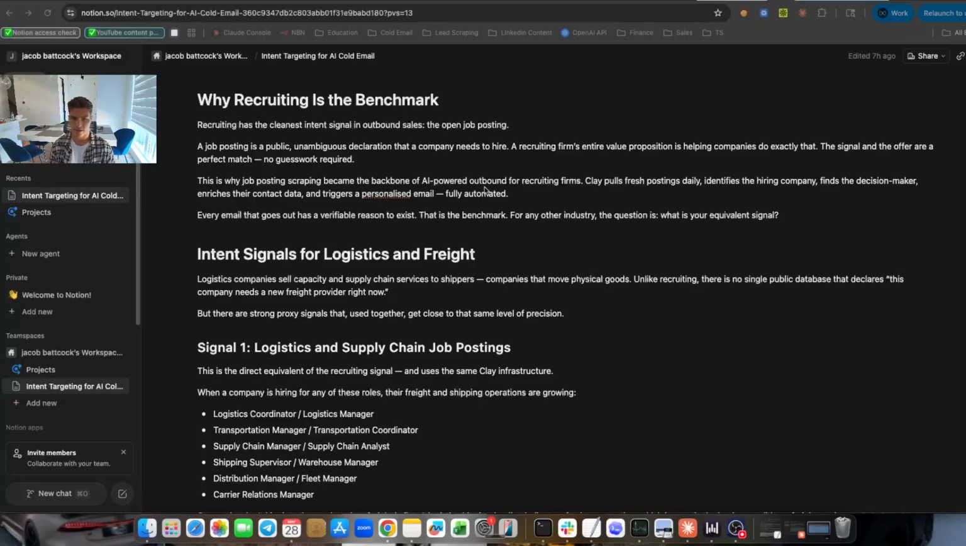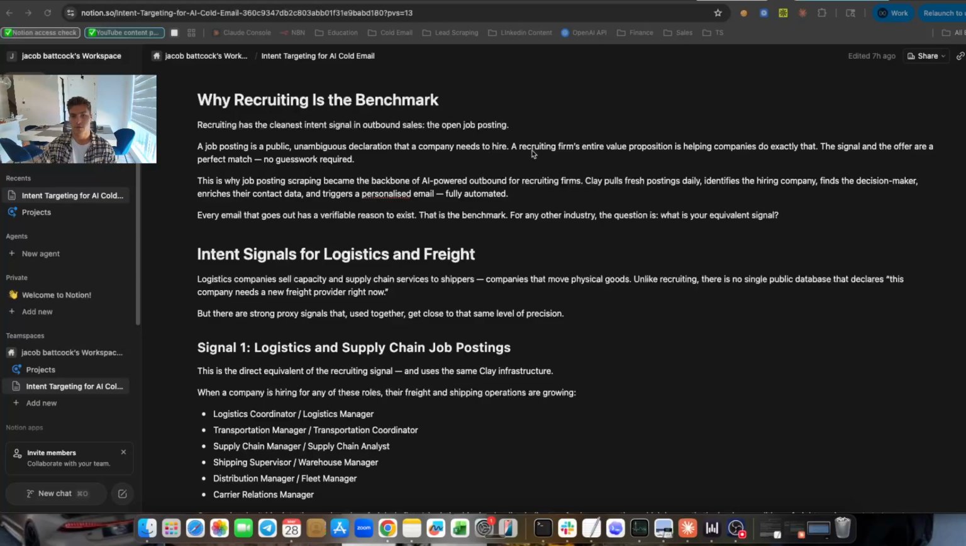It's clear that they need a staff accountant. If you're a company that does recruiting services for financial services, that's a pretty clear intent signal that they're a good prospect to reach out to at that time. So a job post is a public, unambiguous declaration that the company needs to hire. So it's very clear cut, very obvious that they're going to need recruiting firm services. So it's a perfect signal to reach out